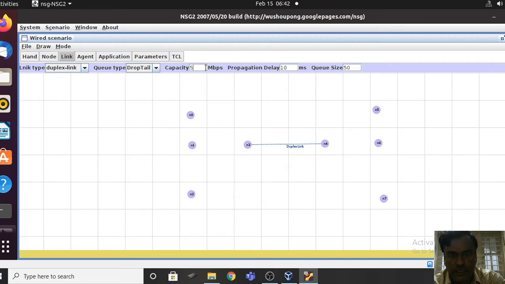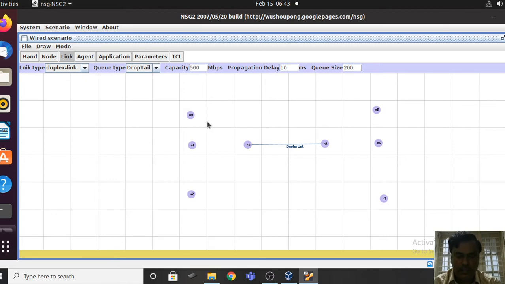Let me make this a 500, and let me make this a 200, so that we can clearly observe drop rates, because the size of this common channel is very small when compared to the other channels or links.